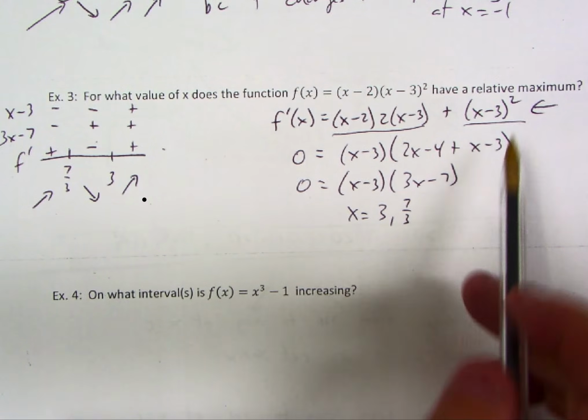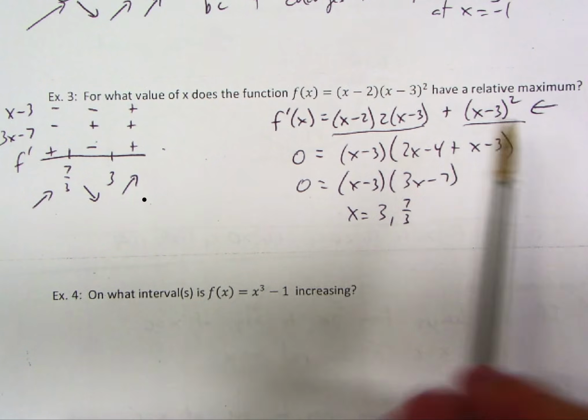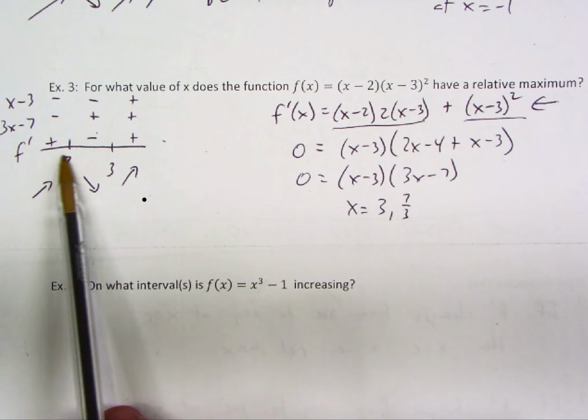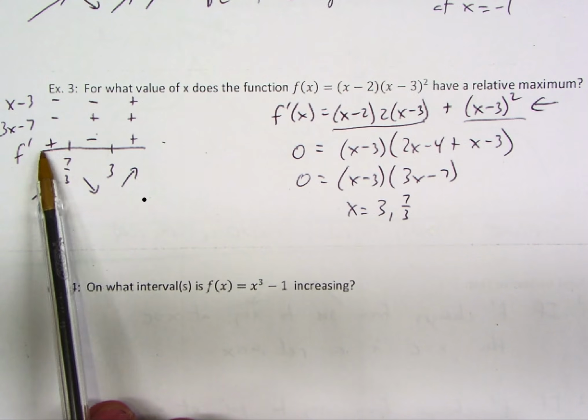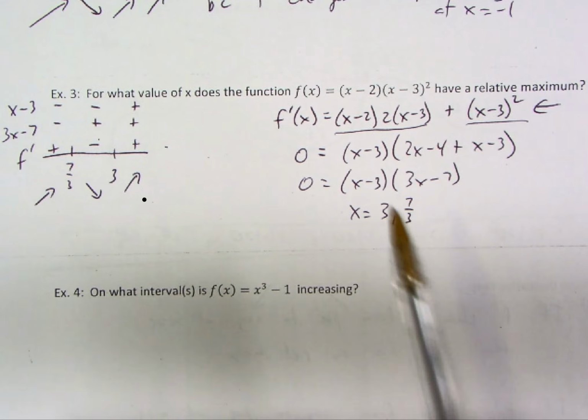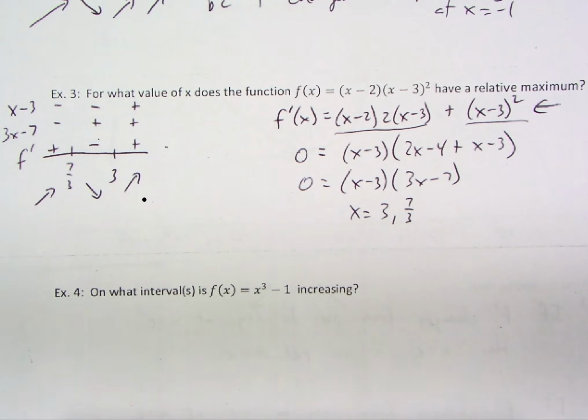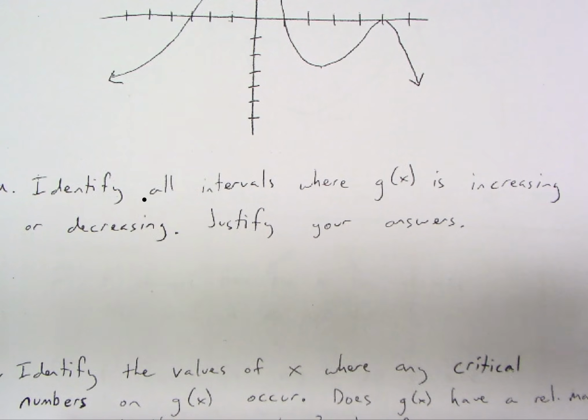So again, this one asks for a relative max. I would say f has a relative max at 7/3 because f prime changes from positive to negative at 7/3. So just like we answered the other ones. 4, very similar. I'm actually, for the purpose of time, just going to skip 4, but I want to look